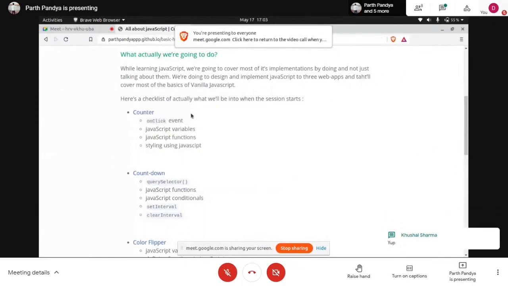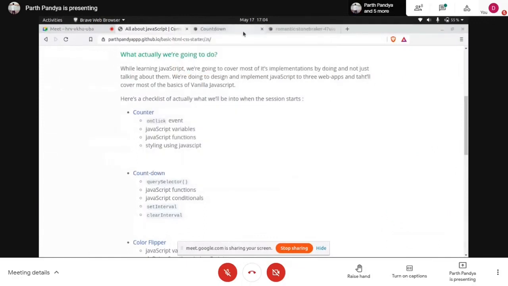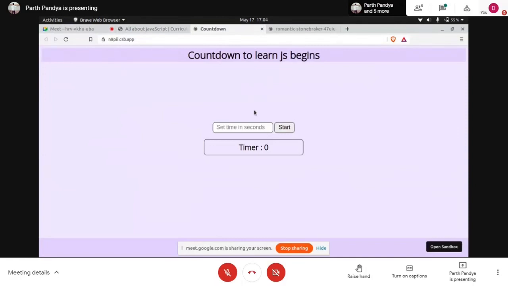The first mini project of this session, countdown. We have designed this with CSS, and this is designed with love for you all by me. Now this will behave exactly the same as any countdown will behave.